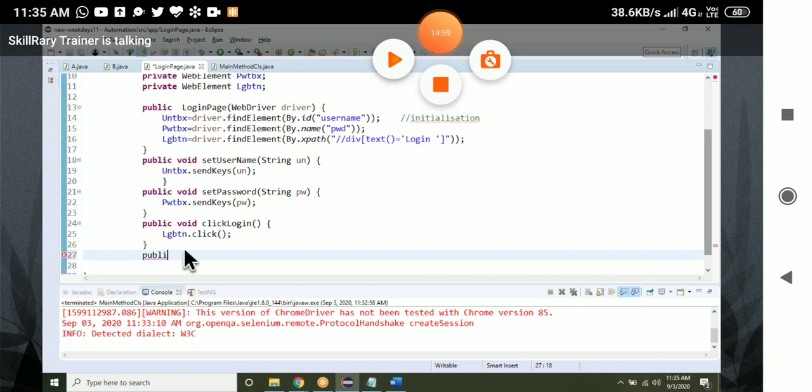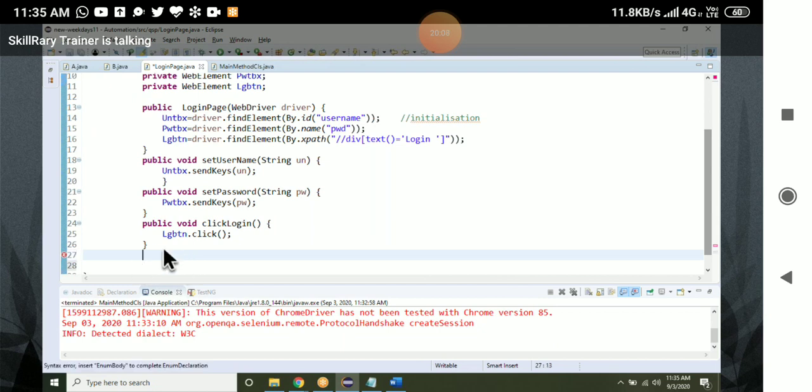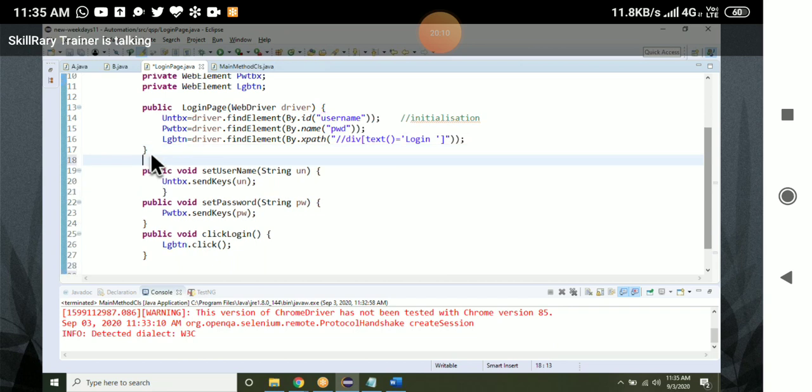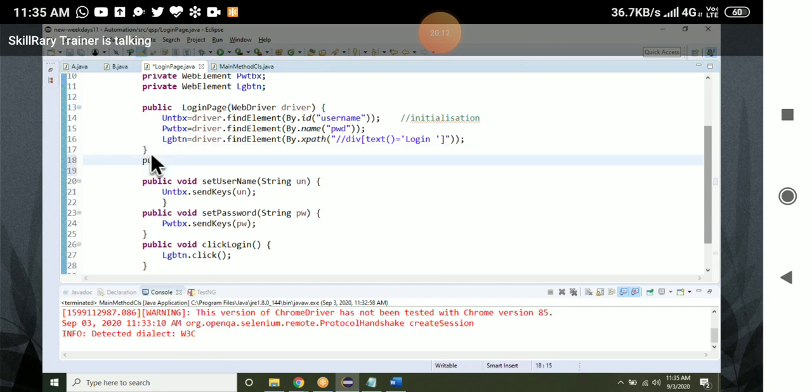What is the last use that is public? Business logic method. Enter the username, enter the password, click on this login button. Every time you have to do these three actions mandatorily. So to save time, what they will do, they will create one business logic method like this. Set login. Here in one method only, they will put username,